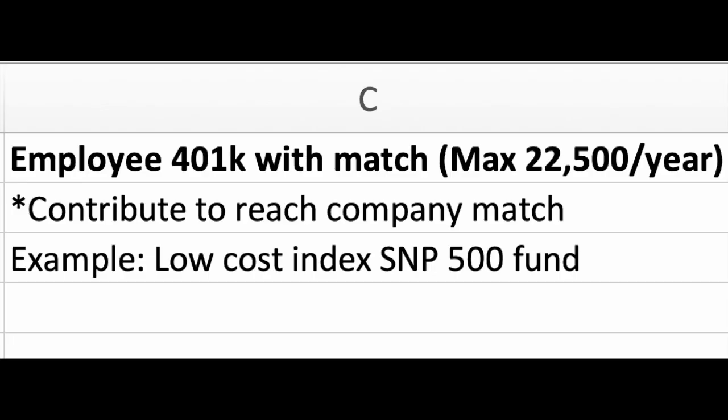The next thing I wanted to talk about was when you work for somebody, you're a W-2 employee, they usually will offer you a 401k. And the max you can put into that is $22,500 if you're under a certain age limit. We'll look at it really quick online, but